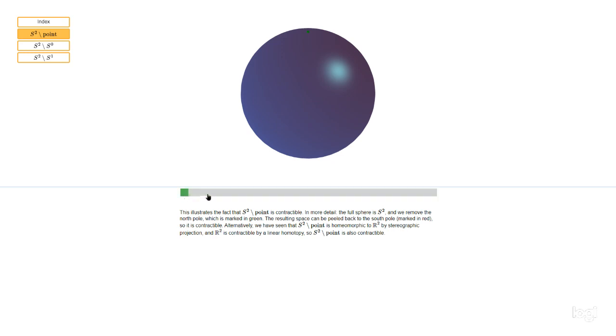Well, we can take the rest of the sphere and just shrink it back. You can pull it back away from the North Pole. If we'd left the North Pole in, then this process would create a discontinuity at the North Pole, but because we've taken the North Pole out, that doesn't happen, and we can pull everything back all the way down to the South Pole, like so. Okay, so the conclusion is that if we take a sphere and remove the North Pole, then that's just homotopy equivalent to a single point,